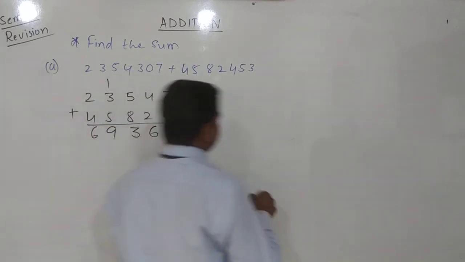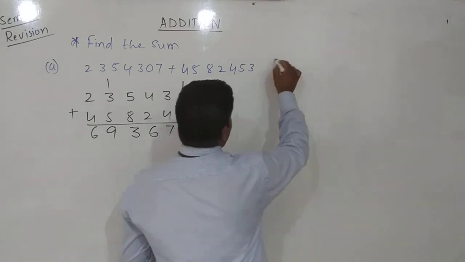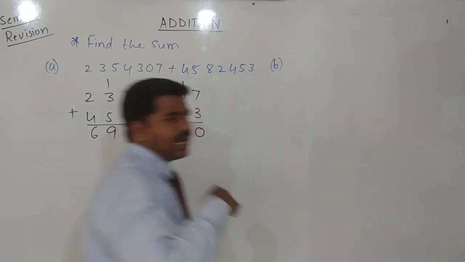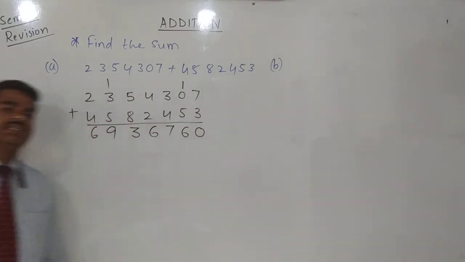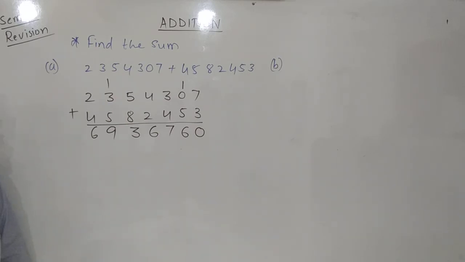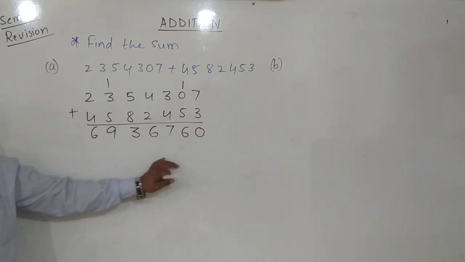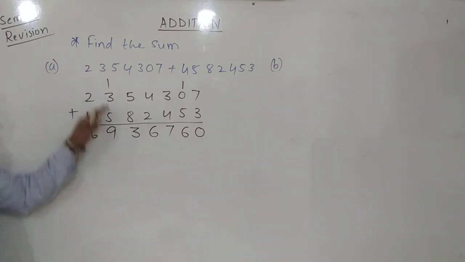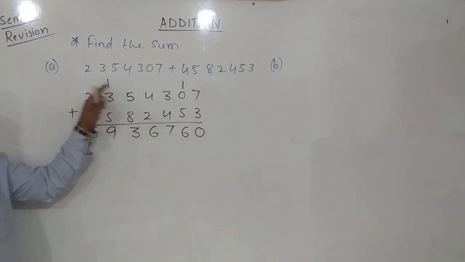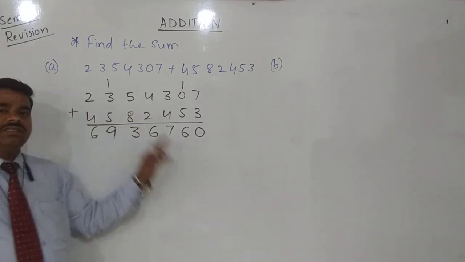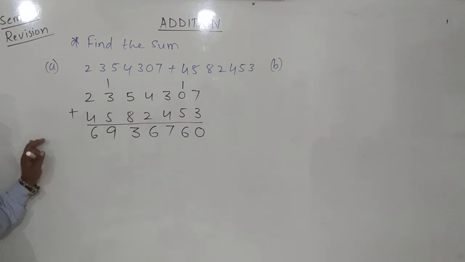One more, very simple. While adding these large numbers, you can take any digit, not only 5, 6, 7, 8, 9. Any digit you can take, and you have to follow the same process. Wherever carry or regrouping comes, the same process. If 2 digits are there, 1 digit you keep as a carry to the next place.